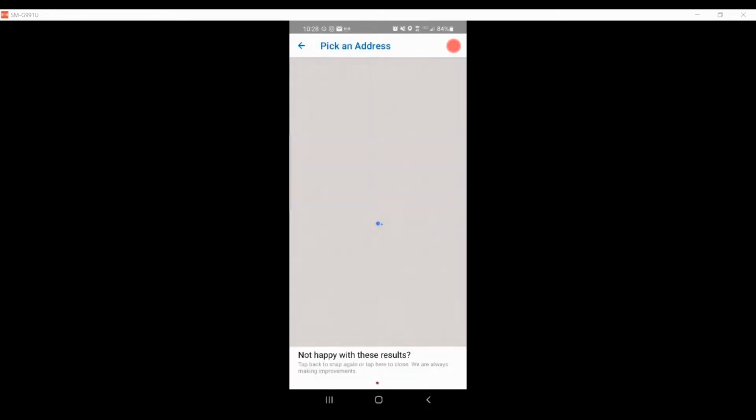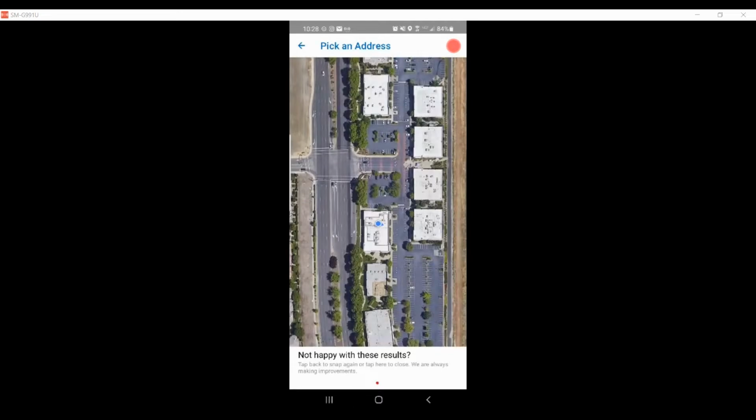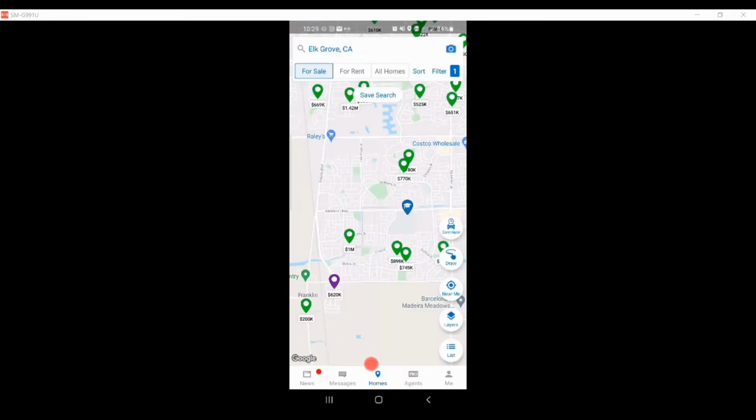Since I'm in an office, I'm going to click that little guy right up here. I believe on the iPhone it says stealth, if I remember correctly. But here again, it's found my GPS location. So what you would typically see here, there's little property dots around you right there. But this isn't working really well because I'm not really near a residential area. But the idea is this. What you would see is a little dot here. You can click on that property, and what that would show you, oops, let's try that again,